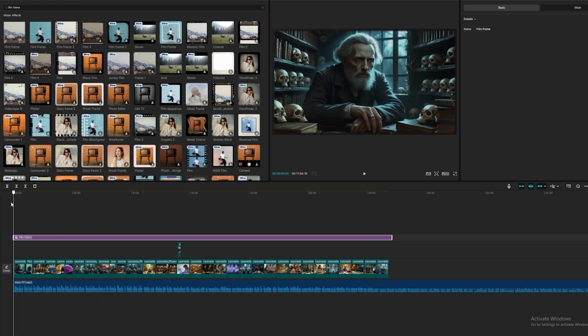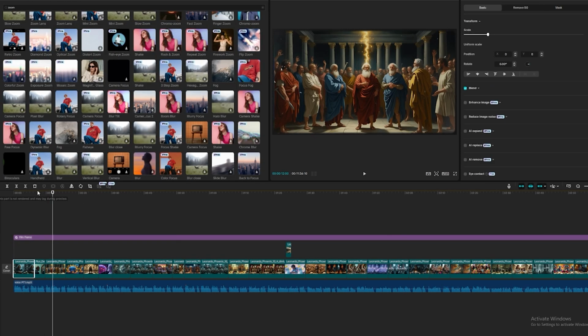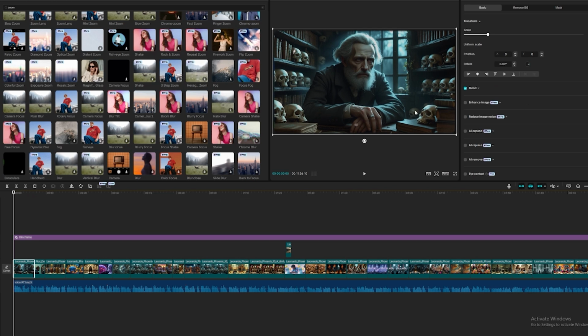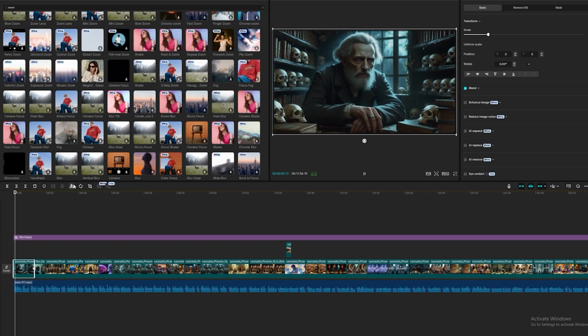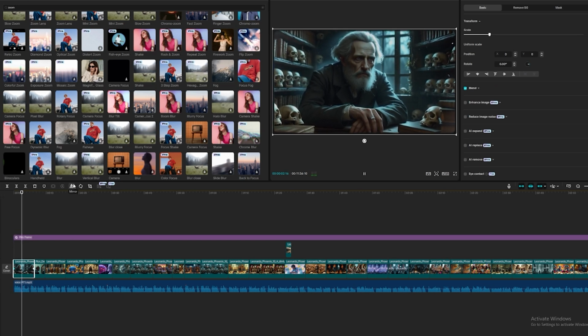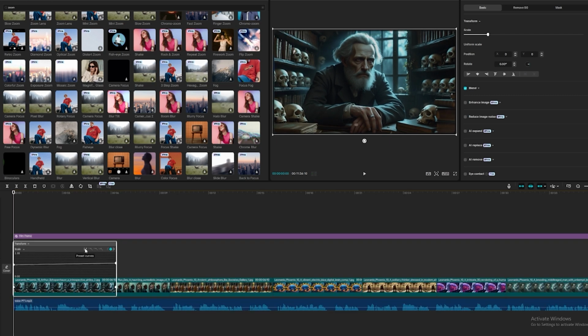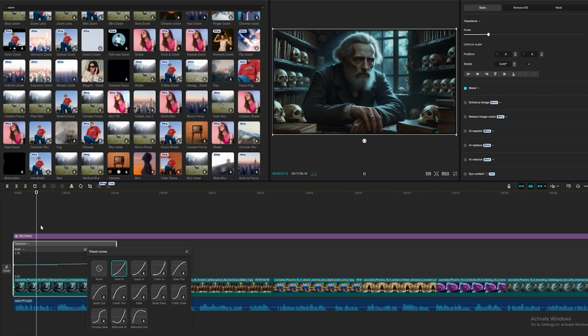To do this, you have to start from the first image, then select it, and at the beginning, add a keyframe by clicking on the keyframe point, then go to the end of the image and scale the image to about +115. A keyframe will be added automatically. Now let's fix the keyframes. Press Alt+K and the keyframe editor will open. Here, you have to select the first keyframe and then, right in the middle, click on the Auto Curve option.